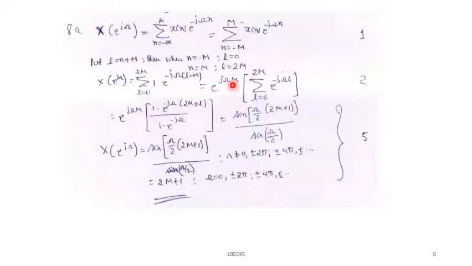So it is a finite series equation. We apply the formula and we get this answer. If I simplify this, I will get a sinc-like function. This equation is valid when omega is not equal to 0, plus or minus 2 pi, plus or minus 4 pi. And when I put omega equal to 0 in this equation, you will get the answer as 2M plus 1. Again, this is asked for 8 marks. Initially, for the equation and substitution, 1 mark. Then for this calculation it is 2. Finally, the calculation part has 5 marks. 1 plus 2 plus 5, so total it is 8.